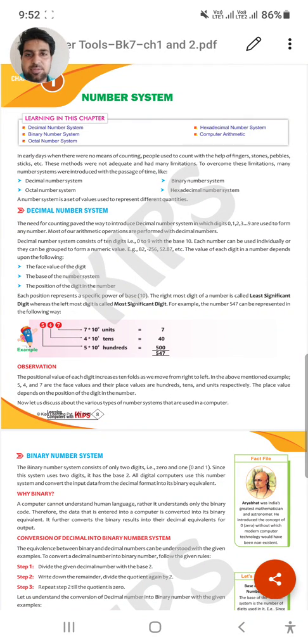Hello students, good morning. Today we are going to learn number system, your first chapter of computer science, right? In April we covered a few number systems like decimal, binary, and conversion from binary to decimal or decimal to binary. But here we are going to start from the first topic, because I think a few students were left out in the classes I have already taken in April. So you all have to watch this video twice or thrice, so that each and every concept is clear in your mind.